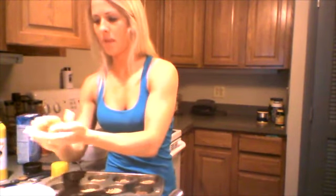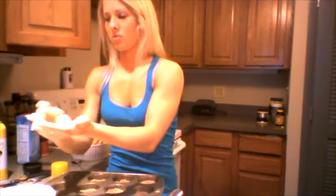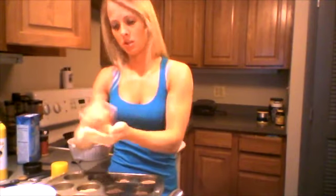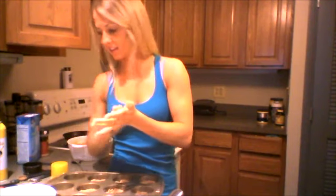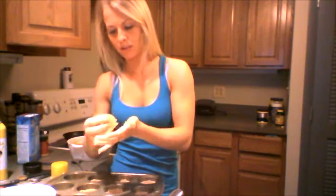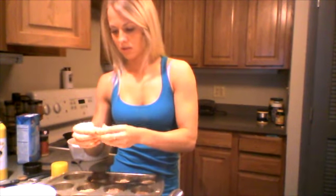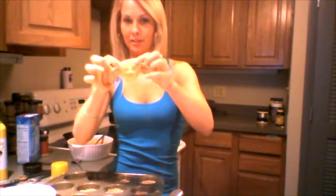Take about that much dough. I'm going to say that's about half an inch all around. So flatten it, or you can get on the counter and flatten it. It's going to be really sticky, so it is going to stick to your hand. You might even want to put a little bit of flour down so it doesn't stick. But I'm just going to go ahead and flatten it out, a little coin,